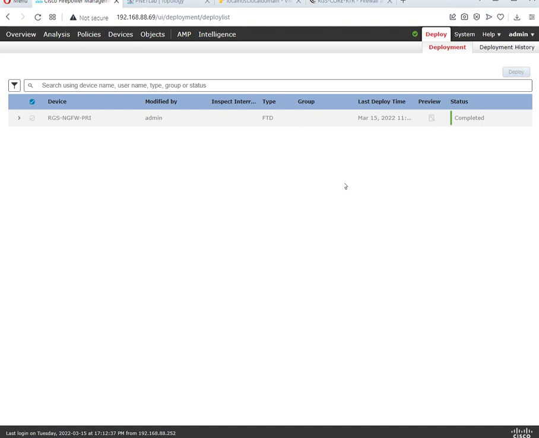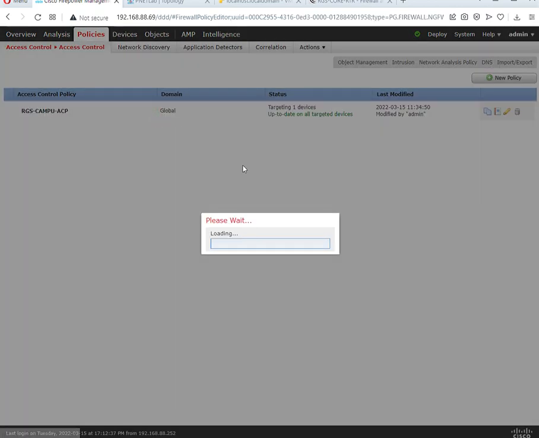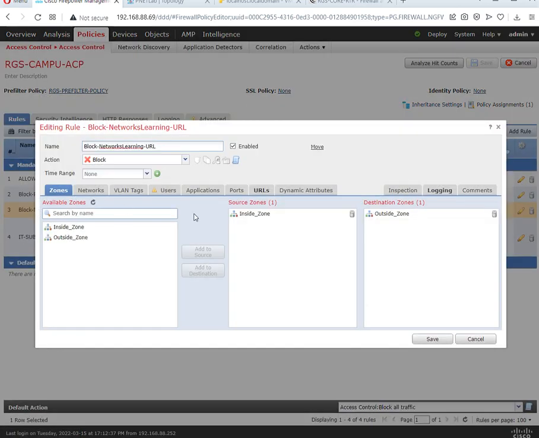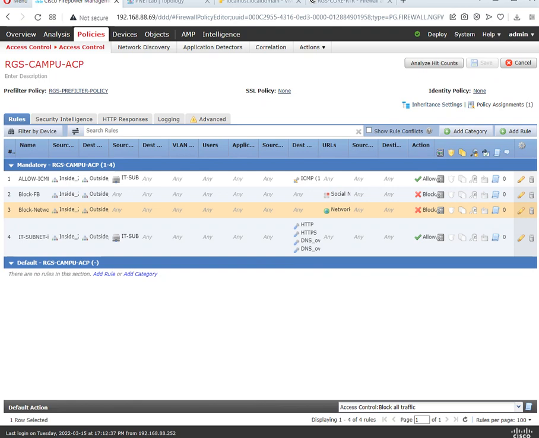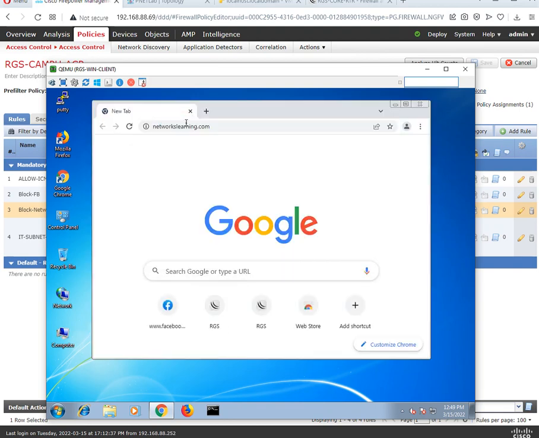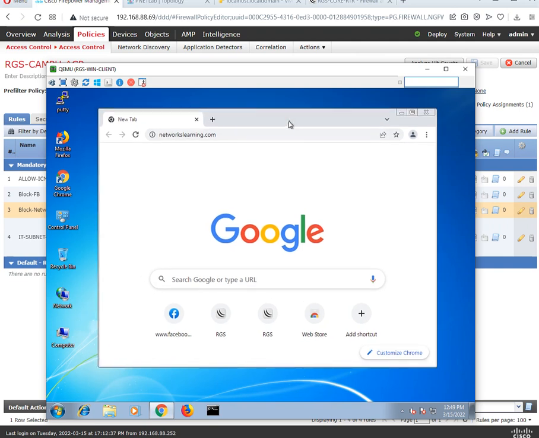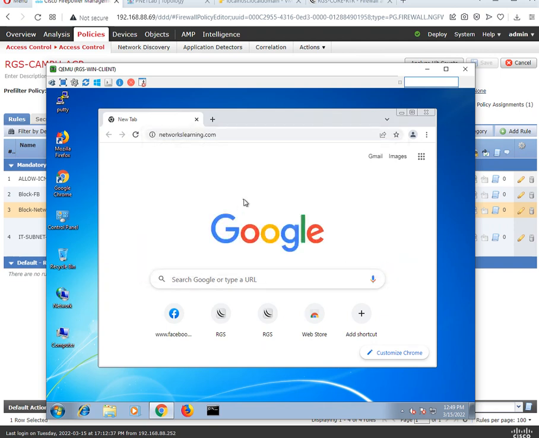The deployment has successfully been completed, and now we can test the results against our configured rule of the URL filtering. So let me show you again the rule which was created to block networkslearning. This was the rule, and the URL object was created over here with the name of networkslearning. So we will initiate traffic from the access device, and we'll check whether it is being blocked at FTD or not. Networkslearning.com. Since we are not getting any response on the web page, it means that it is being blocked at FTD,